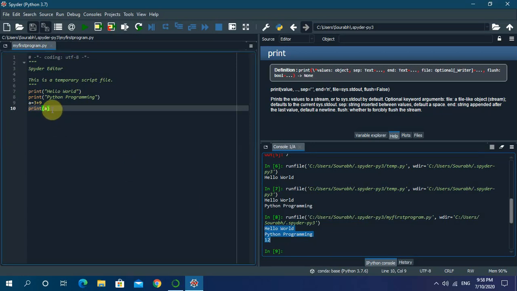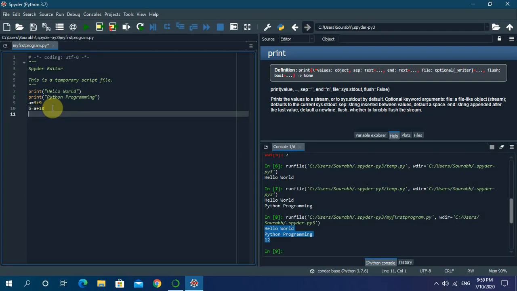Now I am removing this code, and let us try something else. Now I am declaring a variable b which is equals to a plus 10. Try to understand. I am declaring a variable b which is a plus 10 and I am printing the value of b.